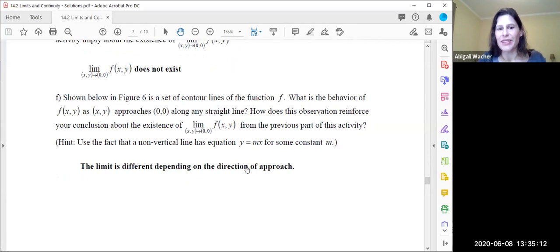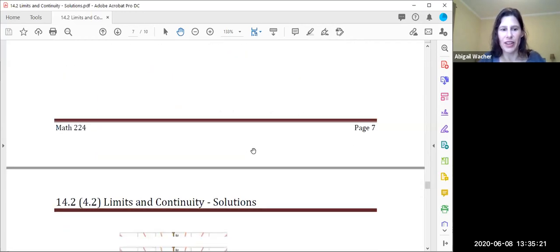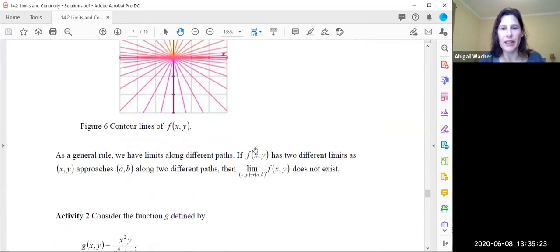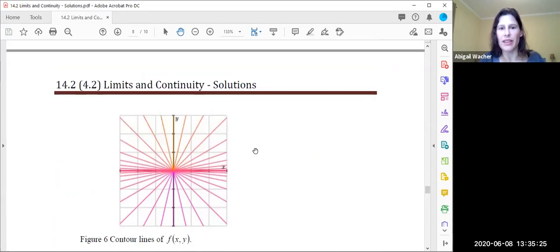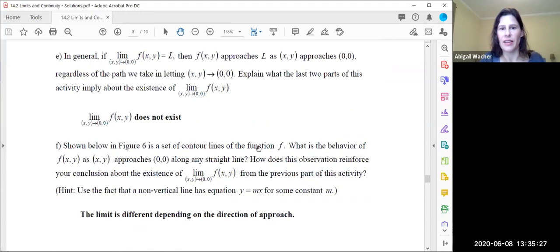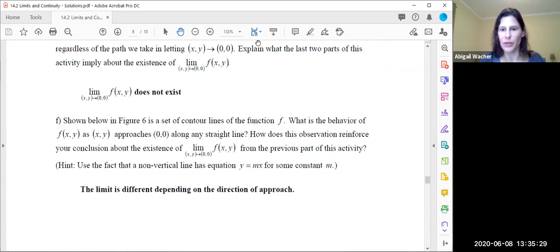So the limit is different depending on the direction of approach, is what we're concluding. So you can also do that exercise of plugging in y equals mx, like I just did in the previous part. So you can run through this activity as well. So you can do y over the square root of x squared plus y squared, and